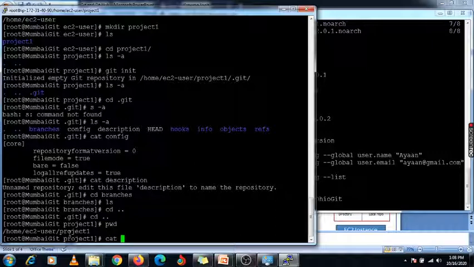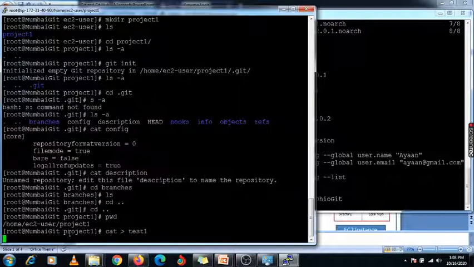Suppose I am creating one file with the name test1. So this is my file name, and under this file I am going to write some code, like this is my first project.